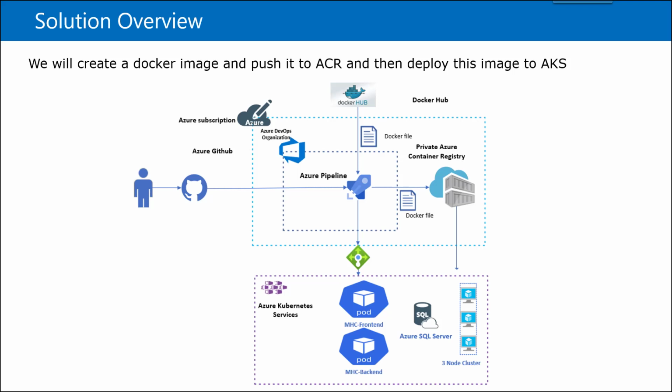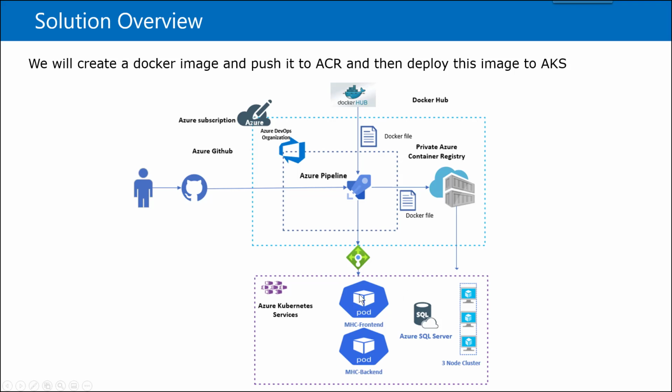So this is a standard base image which we will be using, and then on that base image we are going to customize that image and copy our code into that image and then build that image. Once that image is built, we will push this image into the private container registry in Azure Container Registry. And then we will use Azure Pipeline to pull this image from Azure Container Registry and push it into the